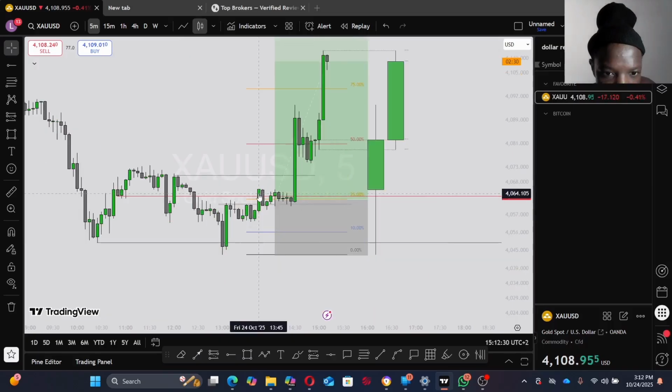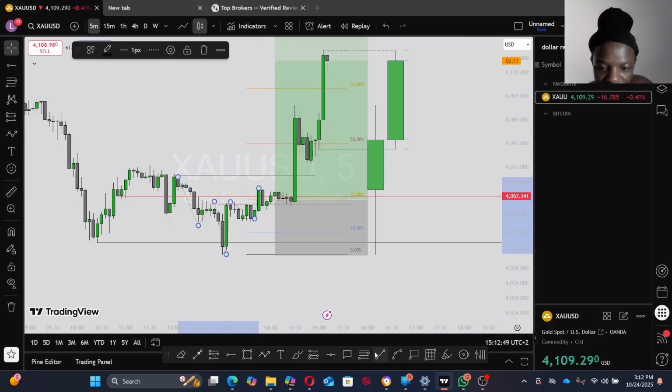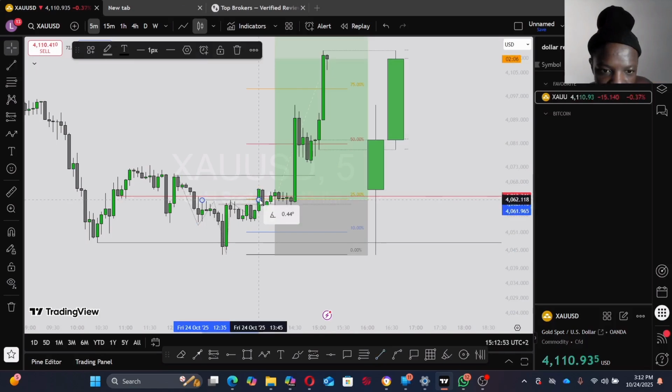Once the market hit my break even on this line, I went back and looked at how price is building up. As you can see from here, the market went down, went up, went down, went up, went down, went up, creating what you call the change in the state of delivery. So from this high to here, it's a change in the state of delivery, and it went above 25% of price.